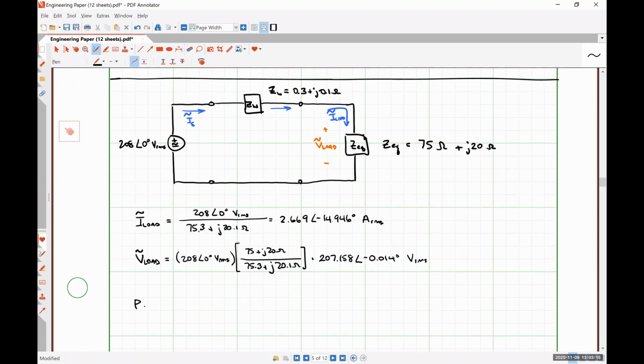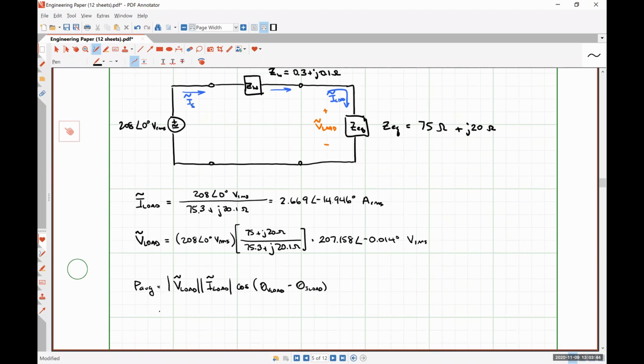So P average is the magnitude of V load times the magnitude of I load, because those are the effective value of the voltage and the effective value of the current respectively, times the cosine of theta V load minus theta I load, which we would get to be